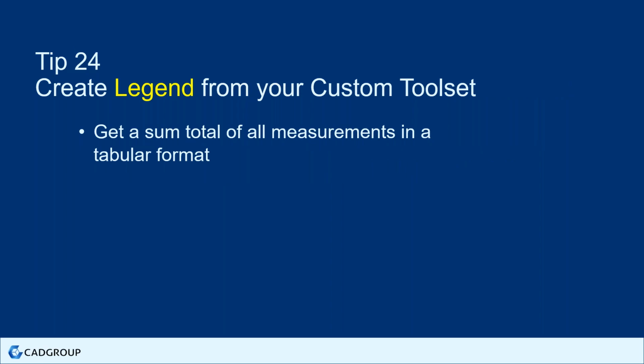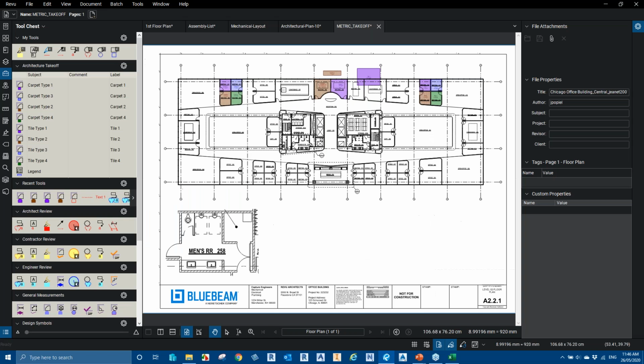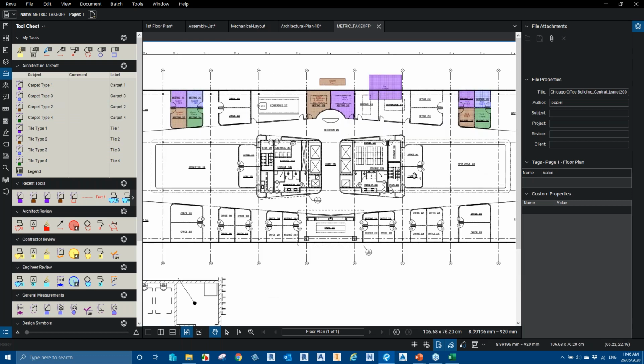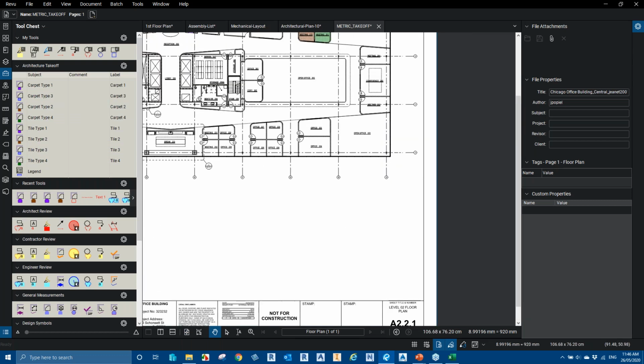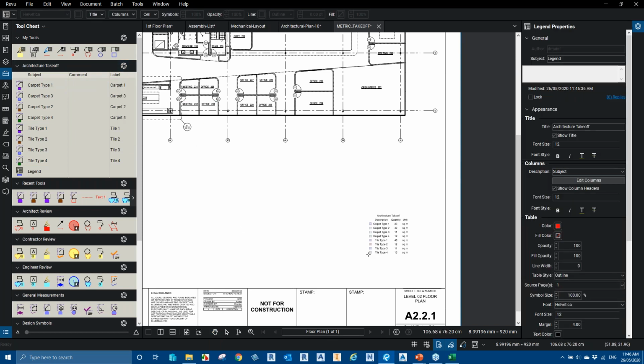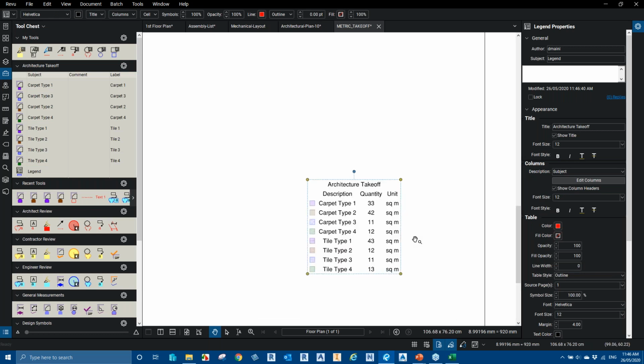So create a legend from your custom toolset. This is really cool. Let's say we have added all these different markups using our toolset here. I now need a table where I can get the sum of all these values. So I can go into my custom toolset, click on this cogwheel on the top right, and say legend, create new legend. I can now place the legend here, and it shows me in a table a sum of all